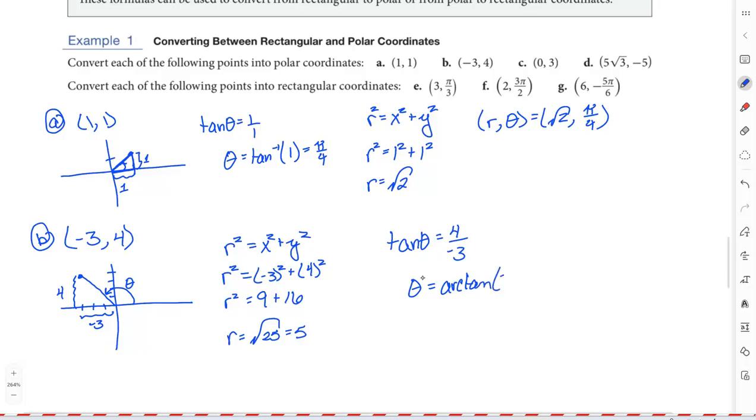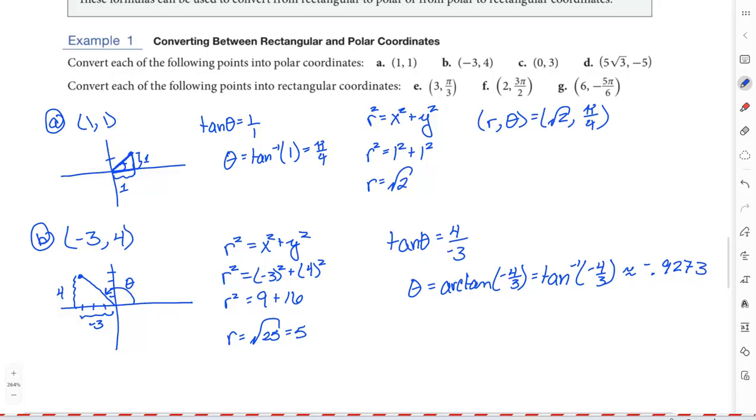And you could write that in two different ways. You could write arctan, or sometimes you see it written as tan to the negative 1. Now, this is not something that's on the unit circle, so I'm going to get a decimal representation. And I'm going to make sure I'm in radian mode on my calculator. So inverse tangent of -4/3 is about